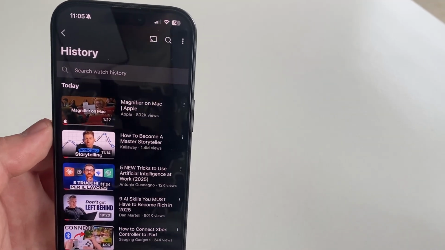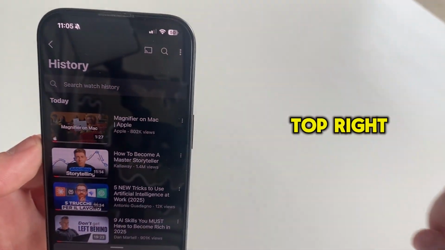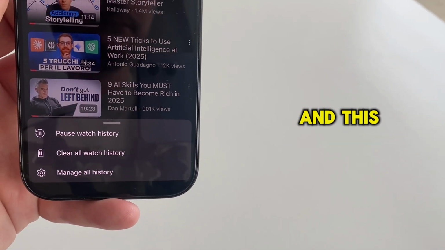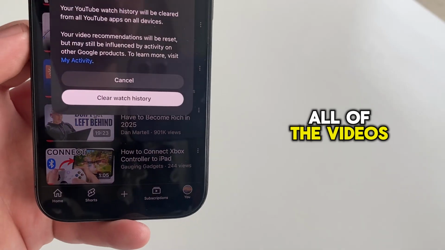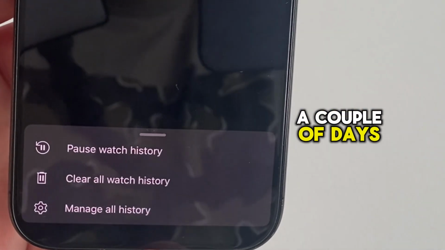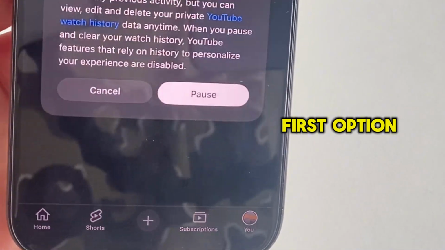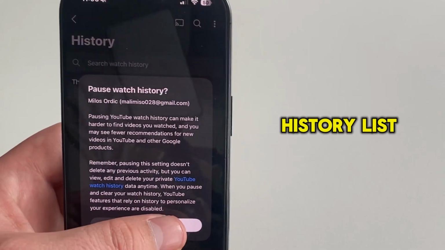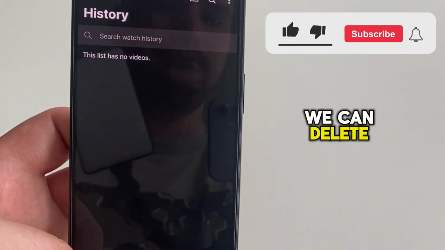Just tap on the three dots at the top right, and then you'll get an option to clear all the watch history, and this step will delete all of the videos from your list. Or if you want to pause the watch history for a couple of days, just tap on the first option, and then you can continue watching YouTube, but the videos won't be added to your history list. So this is how we can delete or pause our YouTube